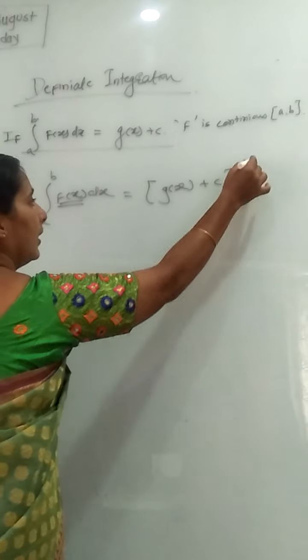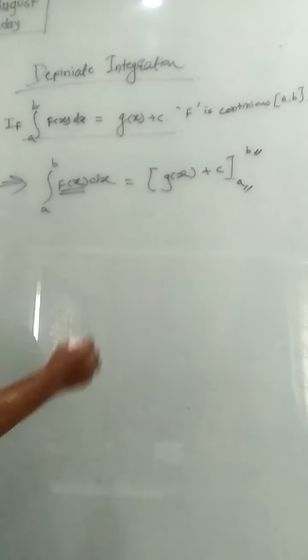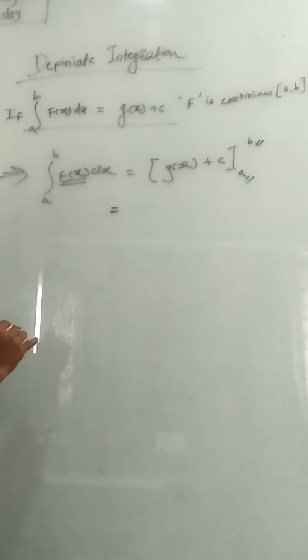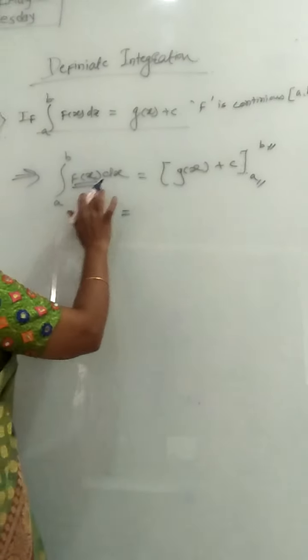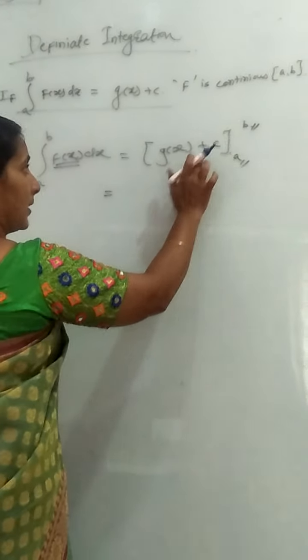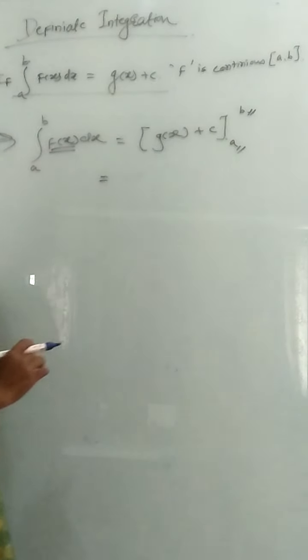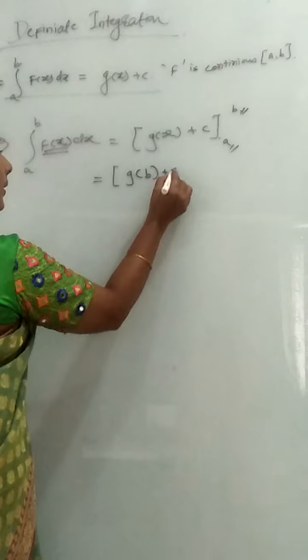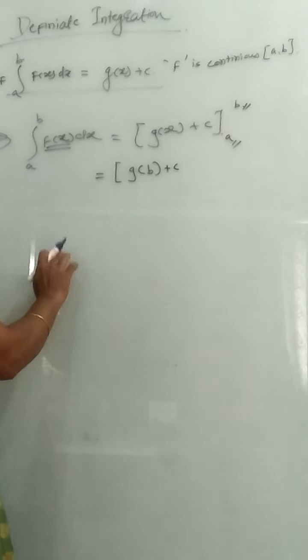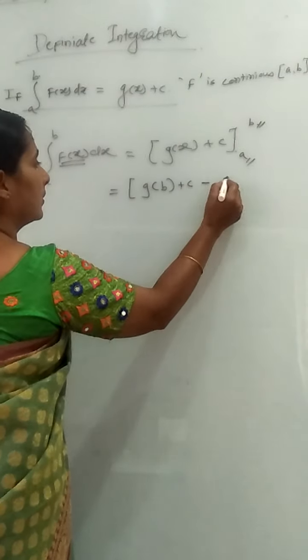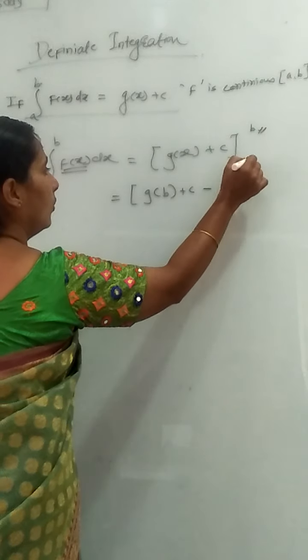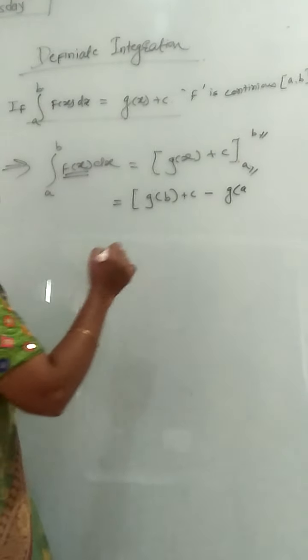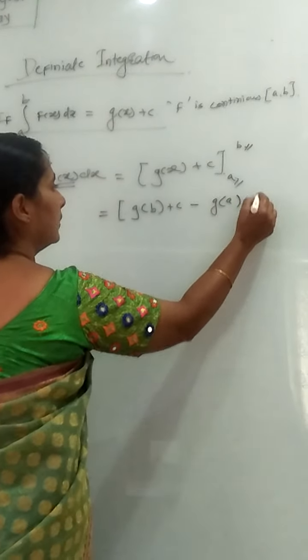Here lower limit is a, upper limit is b, and for the simplification of this theorem we have to subtract upper limit minus lower limit, then our function becomes g of b plus c, and that term is the same as it is, minus g of a, we substitute the lower limit, plus c,